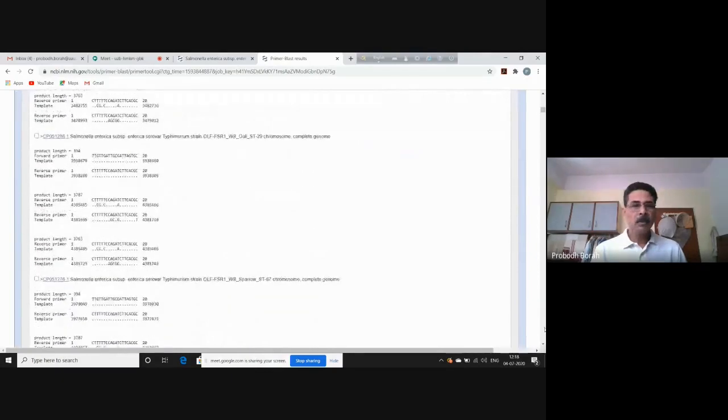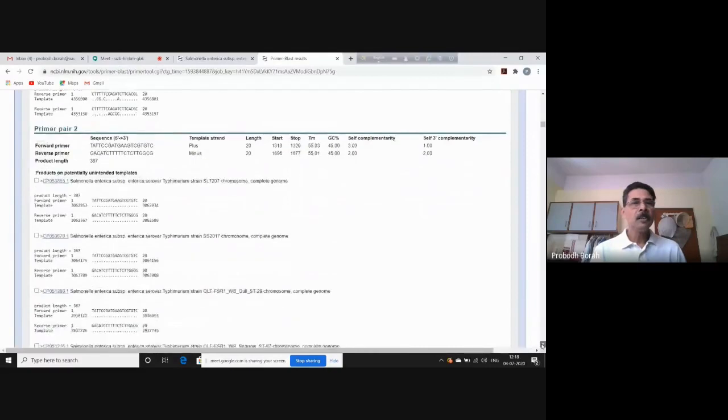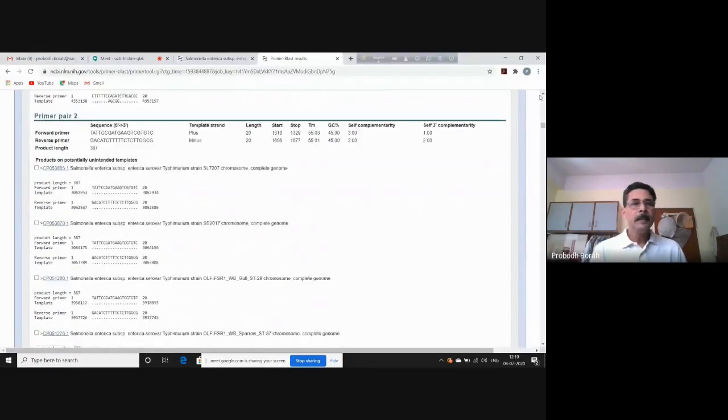So go down, then find the primer pair 2. Here both the primers have a length of 20 bp. Other parameters seem okay: 55 melting temperature, GC percentage 45 for both, 387 product length.